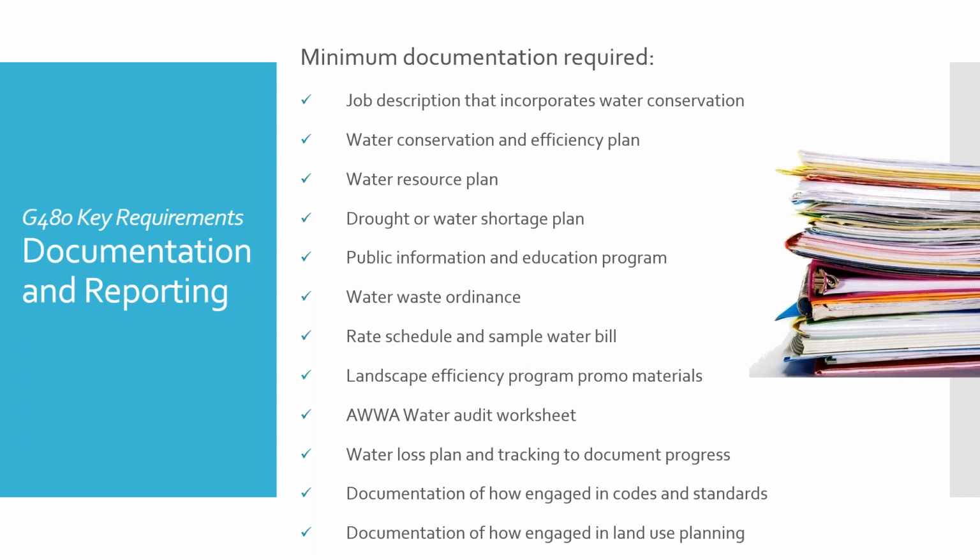So I did not include a slide for wholesale requirements, but basically the standard identifies sections where a wholesaler should be directly implementing some of the activities. And that would include things like drought planning and public education. This slide really talks about the documentation and reporting, and it describes the type of information that you can use to demonstrate that you have met the different requirements within the standard. And this is a list of some of the material that would be pulled together and submitted to AWE, for example, as they assess for the purposes of validation.